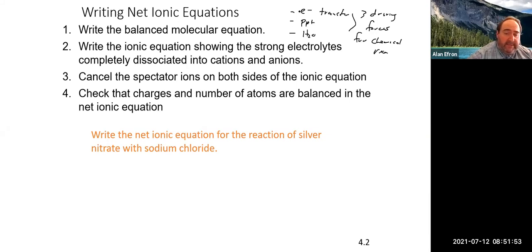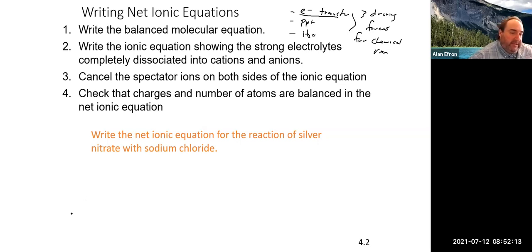And as weird as it may sound, we'll even see that you could write a net ionic equation for an electron transfer, which is really a redox reaction that takes place as well. So if we wanted to write the net ionic equation for the reaction of silver nitrate with sodium chloride,